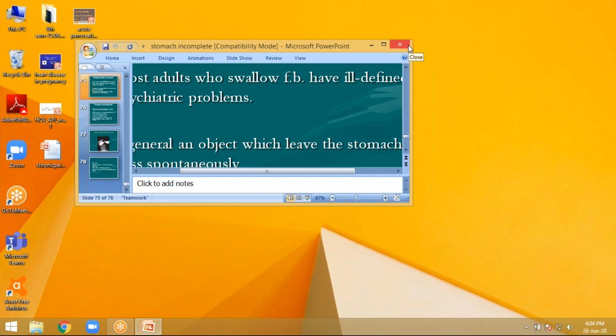Ma'am, in gastrojejunostomy, how will the jejunal contents go into the stomach? Retrograde.